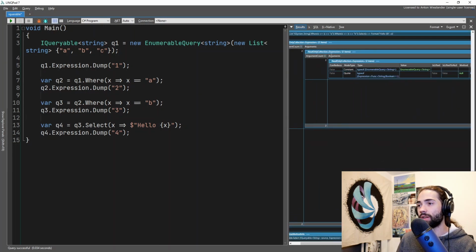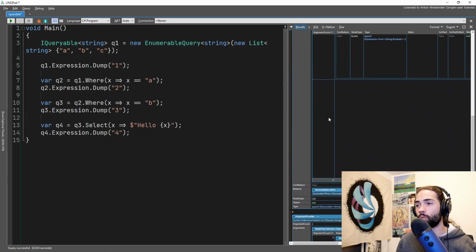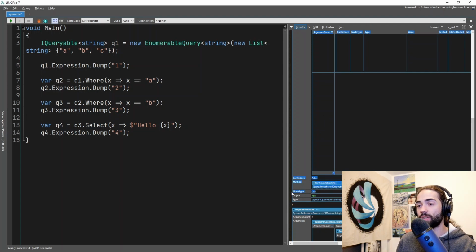If you have not yet realized or you're not familiar with this structure, it's essentially a binary tree. The expression that is being built up is a binary tree, which starts with the method call expression. So this node type right here. We're now at a point where we can say, okay,